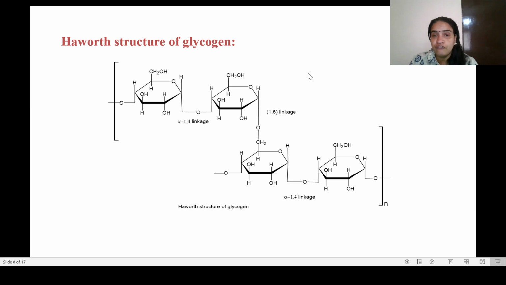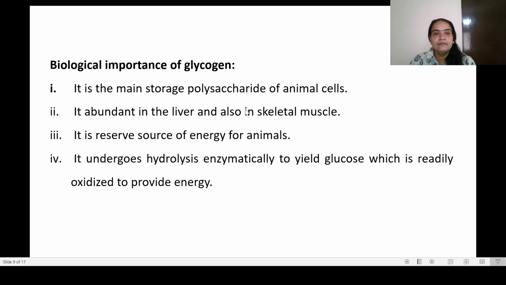So the structure of amylopectin and the structure of glycogen are the same. The only difference is that the branching occurs at every 8 units of this amylose structure. Then coming to the biological importance of glycogen, this is again a main storage polysaccharide, but it is